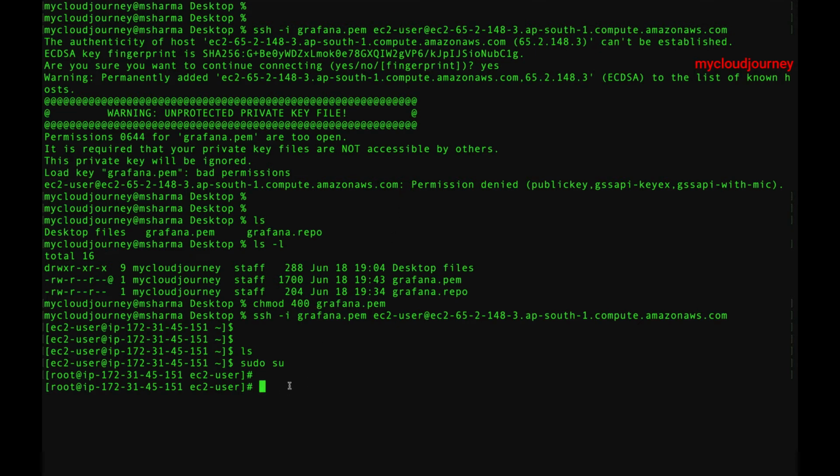There are multiple options to install Grafana on different OS. For this demo, I'll go with the yum repo option. For this, I am going to create a repo file for Grafana, in yum.repos.d/grafana.repo.